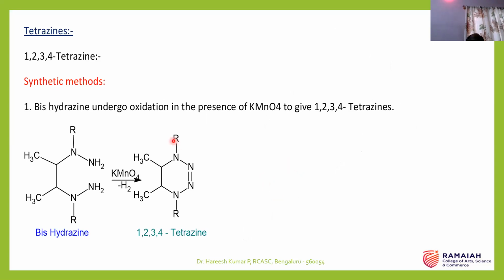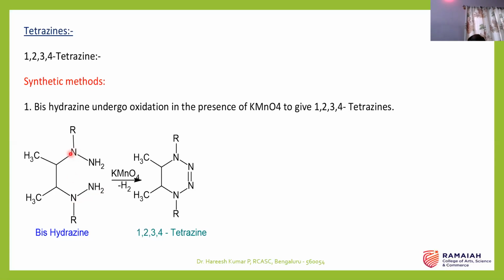So next is about the tetrazines. Tetrazines means 4 nitrogen containing heterocyclic compounds are called tetrazines. There are different tetrazines available. Initially I am taking 1,2,3,4-tetrazines. So if you want to prepare a 1,2,3,4-tetrazine, here I am taking, you know that